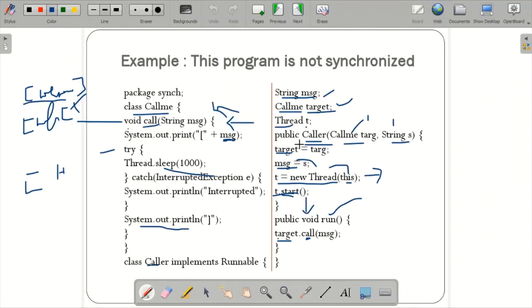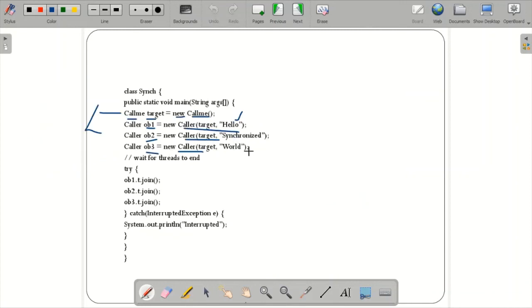The target will be stored, the message synchronized will be stored, and again a new thread will be called. Your thread will be ready for the execution. Second thread start again. If the processor is available, immediately target dot call message synchronized will be passed. So again the angular bracket after hello will open and synchronized will print, and again if that thread goes to sleep, again this target world will be coming